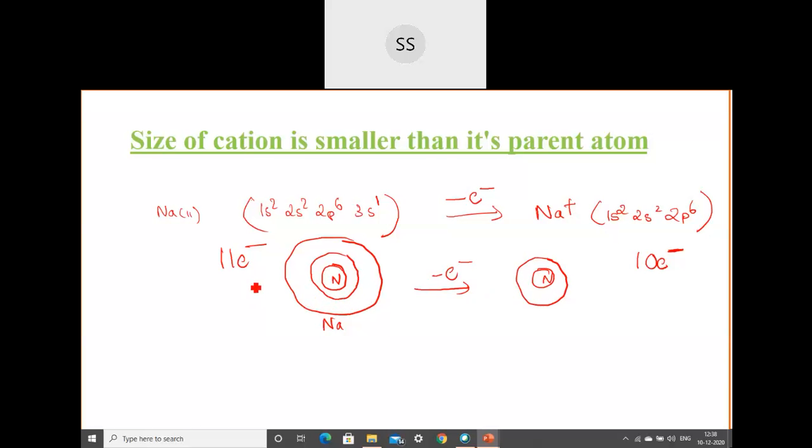So in the sodium case, for 11 electrons, there were 11 protons, so it was balanced. In this case, what happens? There are 11 protons, but then for that 11 protons, you don't have 11 electrons. There are only 10. So then they will try to grab that electrons near to them because they become more powerful now, okay, because they have lost something. It is not balanced, so they try to get that electrons near to them because their power increases. No, they have lost one electron, their power automatically increases.